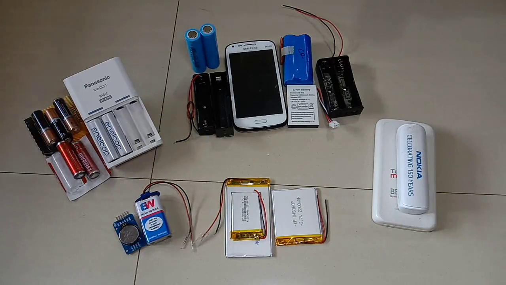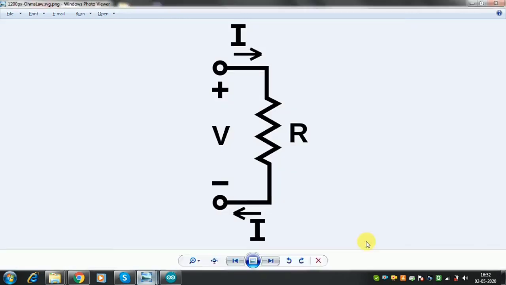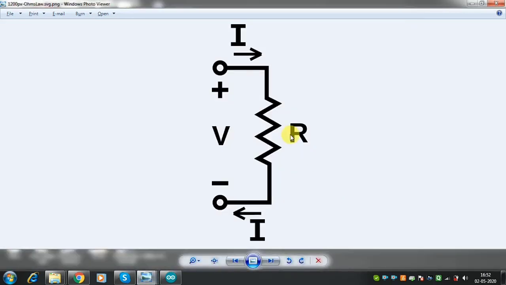Today we'll talk about batteries and power management. Because this is a big topic, we'll cover it in two parts. In the first part, that is today, we'll learn various types of batteries, their usage and their pros and cons. And also we'll learn how to use Ohm's law to calculate the percentage of battery remaining in a device which is placed remotely, because it is very important information to know when to change your battery or charge your device.